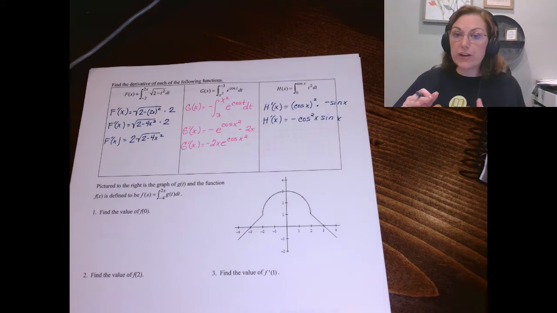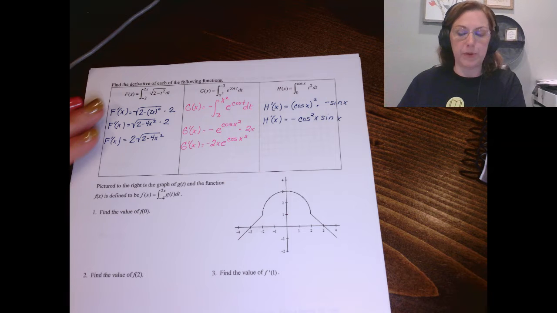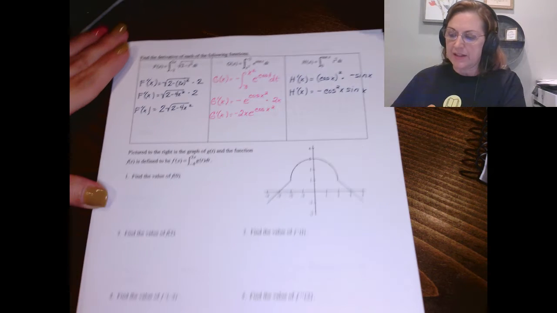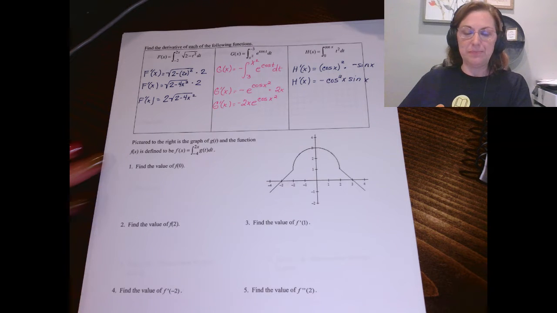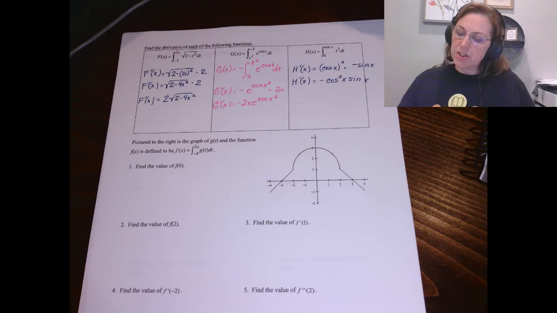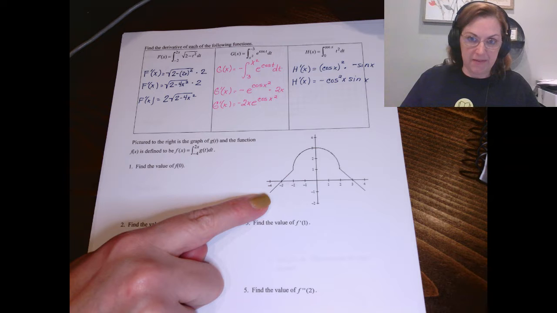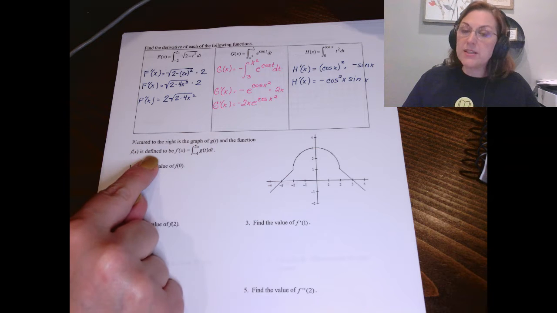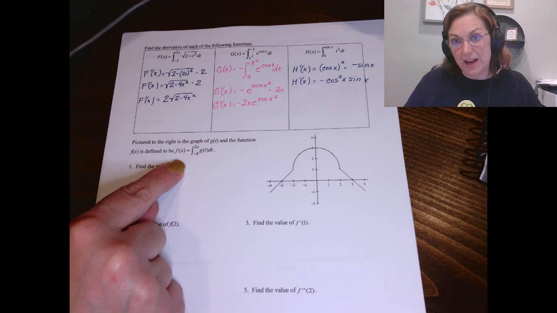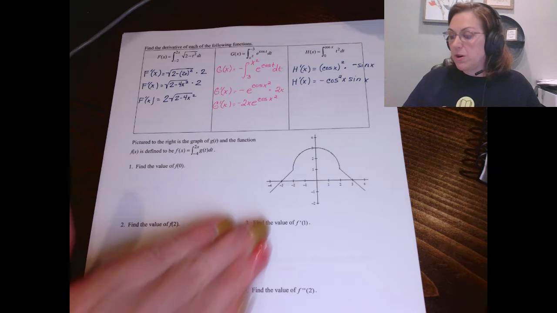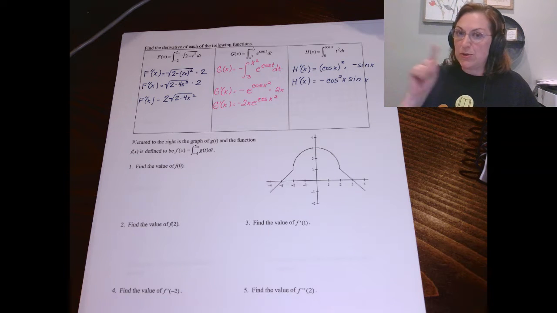So feel free to use that shortcut. It's really going to help you quite a bit. Now let's put this together in some free response questions. So you're given the graph of g of t. But notice then how f of x is defined. So depending on what we're looking for, we will use g of t